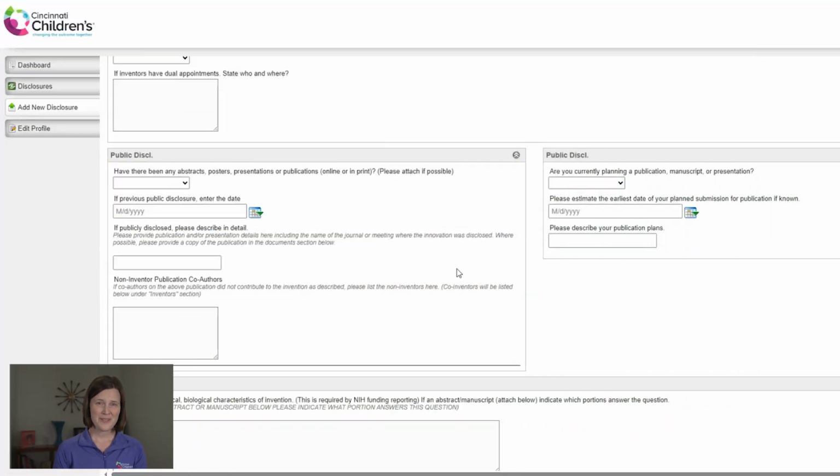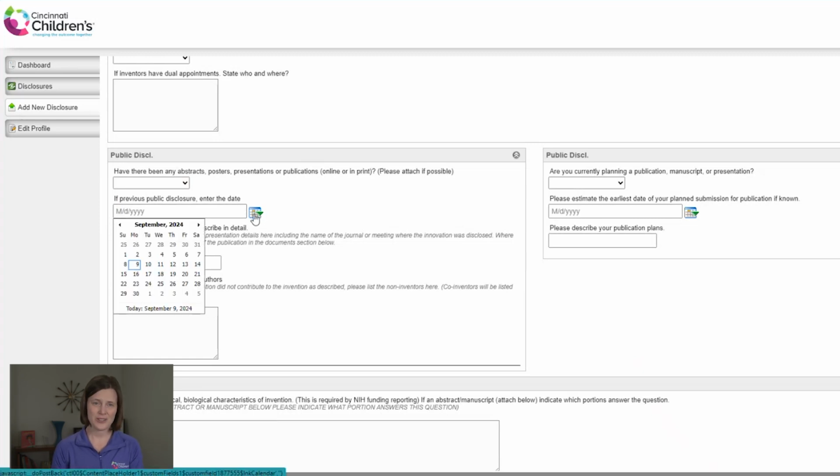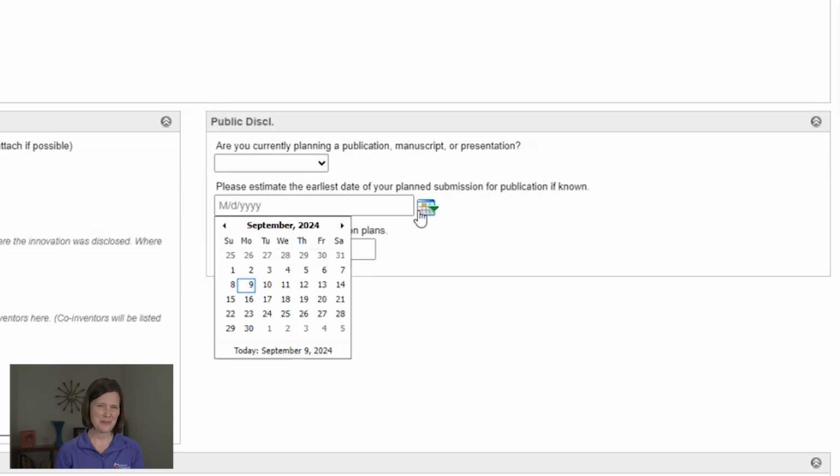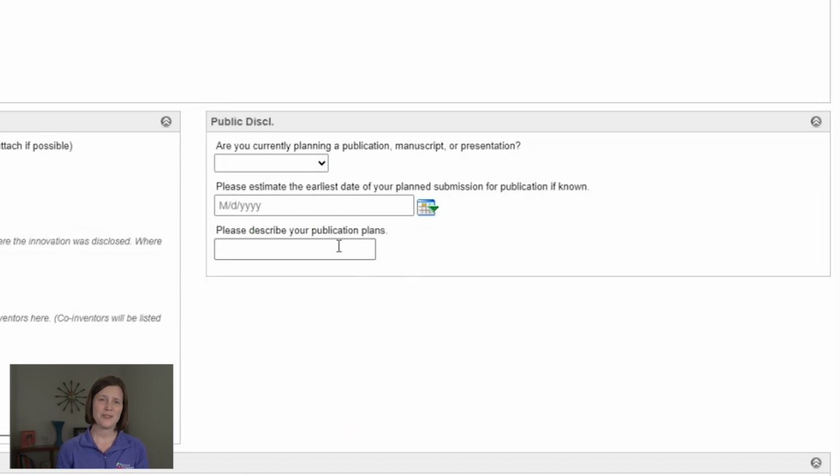So step 5 is public disclosure. In this step, you want to indicate if there's been any public disclosure of your invention by selecting yes or no. If yes, you have to provide the date, location, and details of the disclosure. Also, if you know a public disclosure is coming up, please specify any plans for upcoming disclosures such as publications, manuscripts, and presentations. This helps the Innovation Ventures team